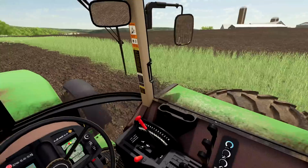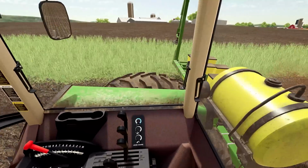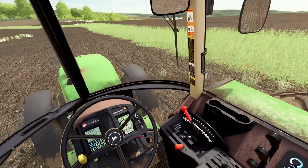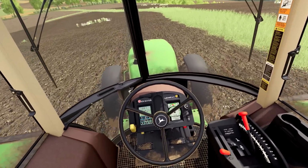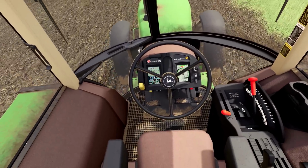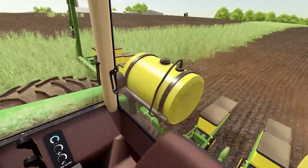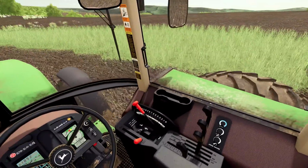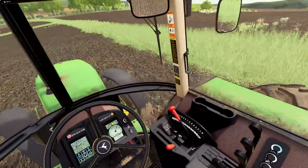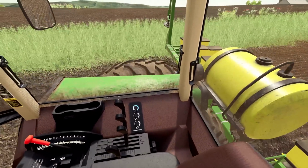The other thing I love about this mod, so on the farm we had a 4850 that we used for planting, and it looked very much like this tractor and had the 15 speed in it, the front wheel assist. So this is as close as I could get to running the planting rig that we used to run in southern Minnesota. We had a nice 12-row planter like this with the double boxes and the chemical tanks on it, and I actually had saddle tanks on the tractor,